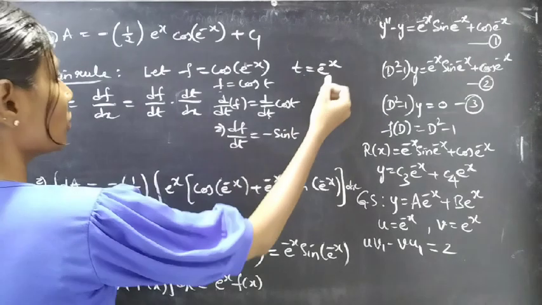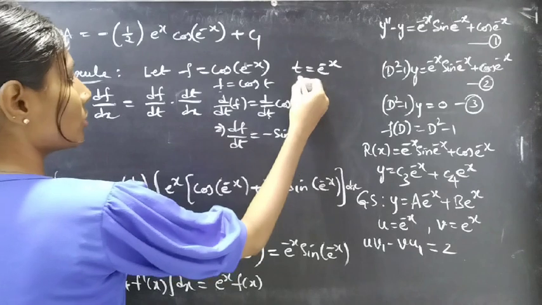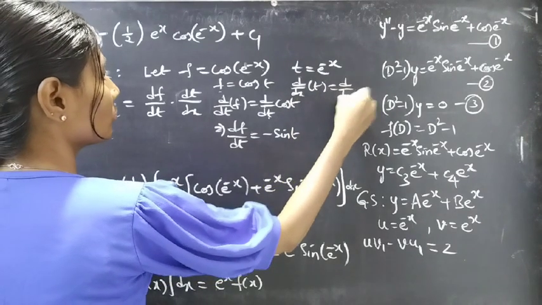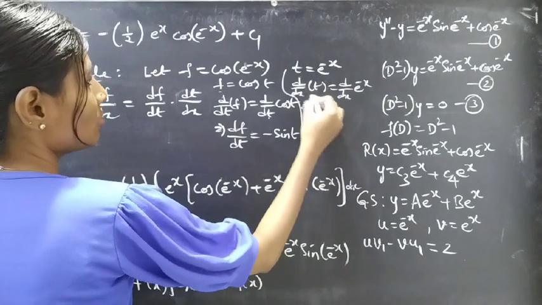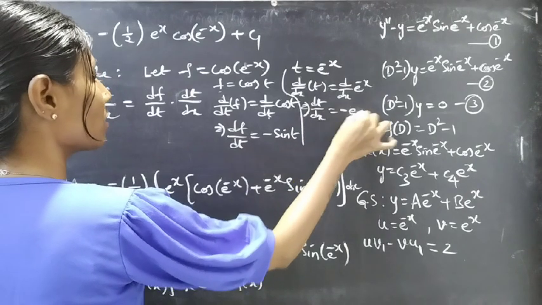And here you're having t equal to e power minus x, we need dt by dx, so differentiate on both sides with respect to x. You'll get